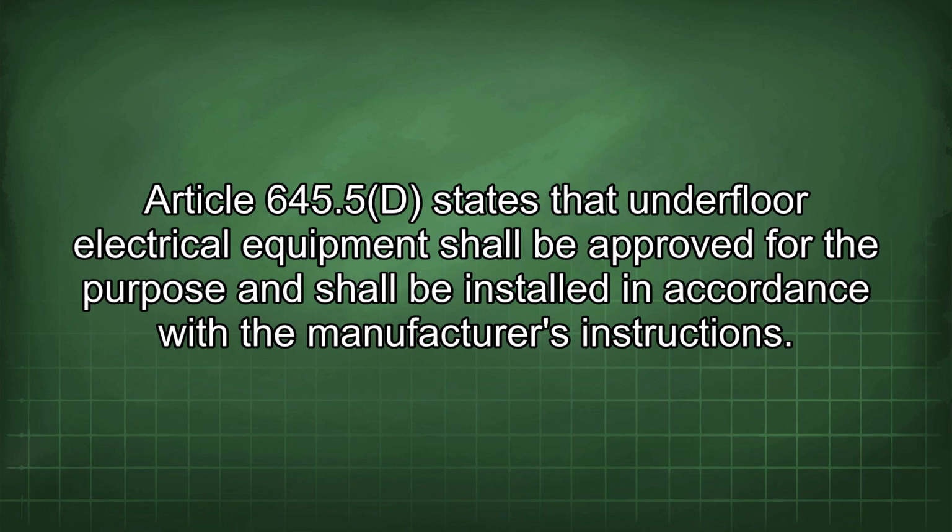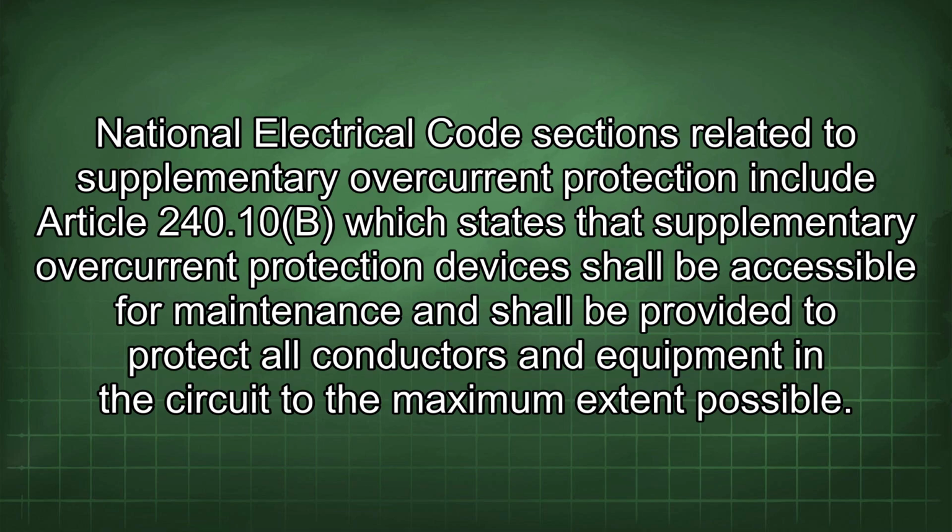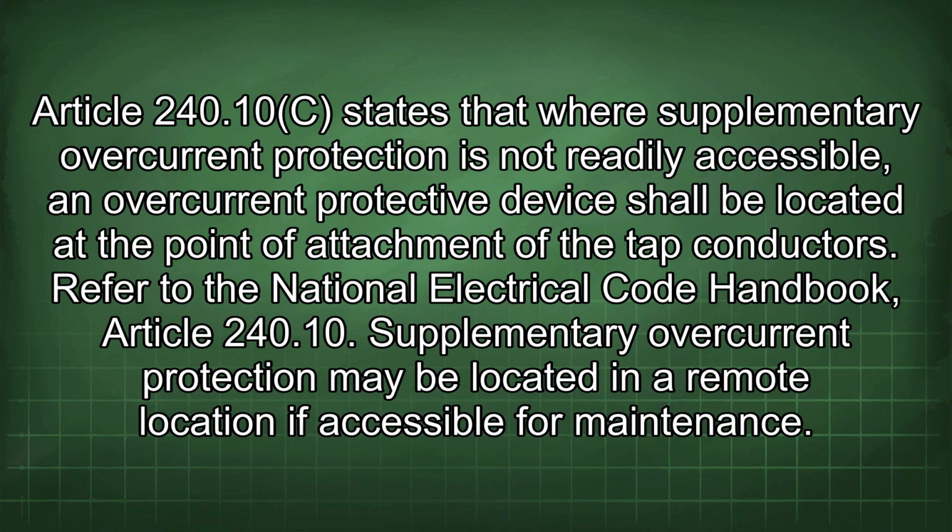manufacturer's instructions. National Electrical Code sections related to supplementary overcurrent protection include Article 240.10(b), which states that supplementary overcurrent protection devices shall be accessible for maintenance and shall be provided to protect all conductors and equipment in the circuit to the maximum extent possible. Article 240.10(c) states that where supplementary overcurrent protection is not readily accessible, an overcurrent protective device shall be located at the point of attachment of the tap conductors. Refer to the National Electrical Code Handbook, Article 240.10. Supplementary overcurrent protection may be located in a remote location if accessible for maintenance. Refer to